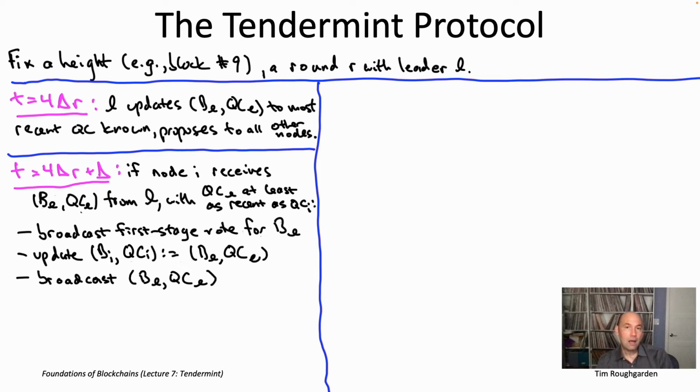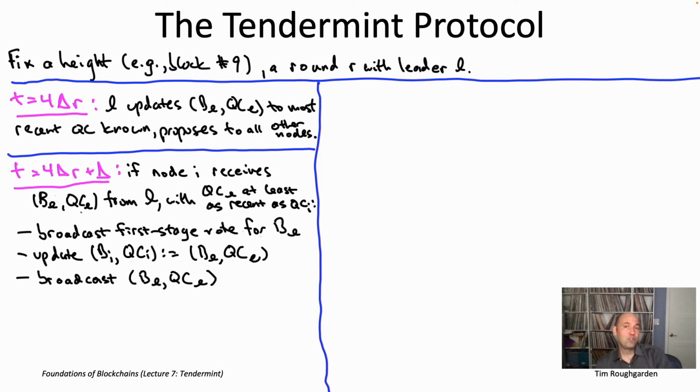The second aside is that the way I've described this, you're going to be seeing basically a quadratic amount of communication, right? All of the nodes are broadcasting their first round vote potentially to all of the other nodes. So that's like n squared messages if you have n nodes. You could probably imagine ways of structuring the communication so that you only had linear communication rather than quadratic. So for example, you could have all of these votes go through the leader node.